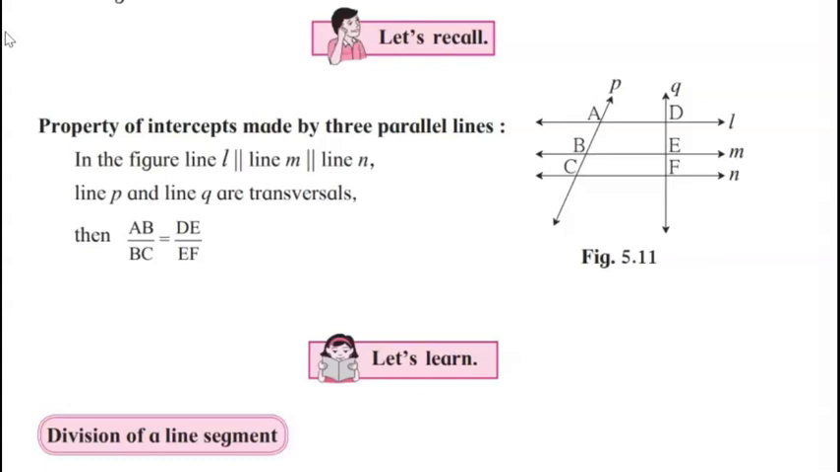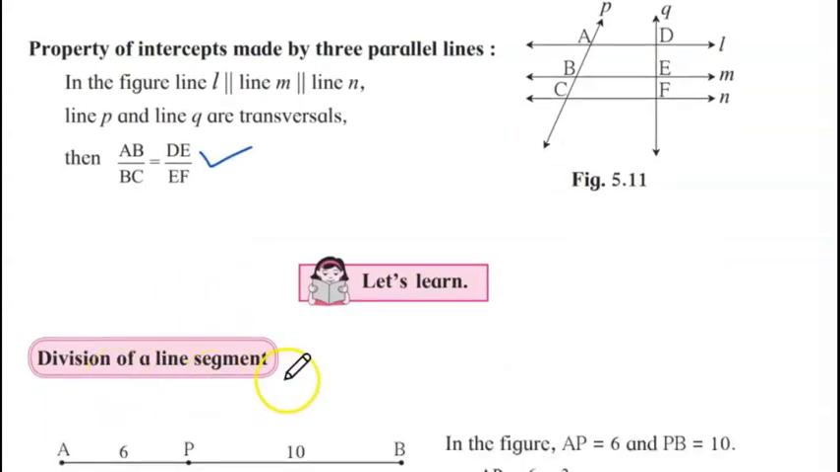यापूर्वी आपण सिमिलरिटी या चॅप्टर मध्ये पाहिले की when there are three parallel lines and P and Q are the two transversals, then the intercept AB upon BC is equal to DE upon EF. या प्रकारे हे दोन्ही रेशो हे इक्वल असतात. Okay, now next,